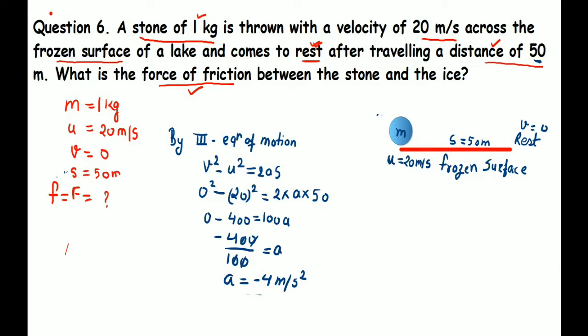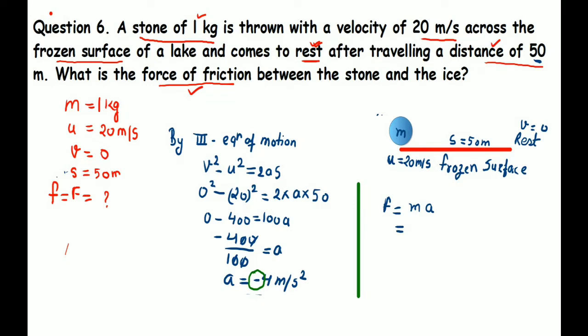Okay, so we can say this acceleration is actually retardation. Why? Because the sign of this is opposite. The acceleration is decreasing. That means the object is retarding. Because as there is frictional force applied, the acceleration itself will become negative, because friction opposes the motion.